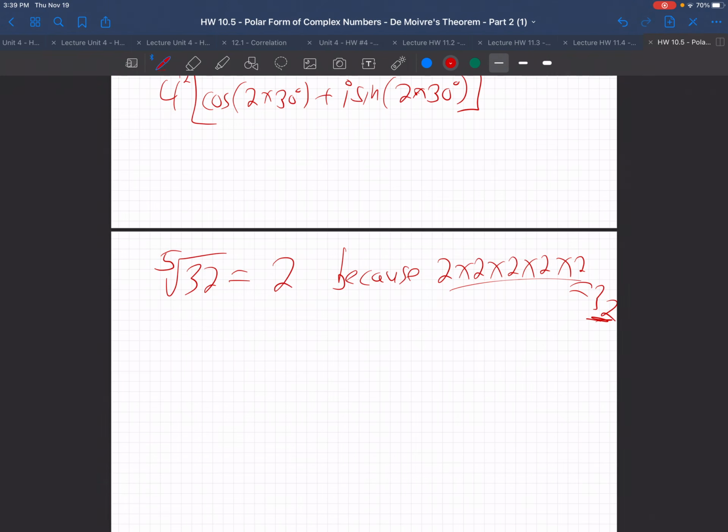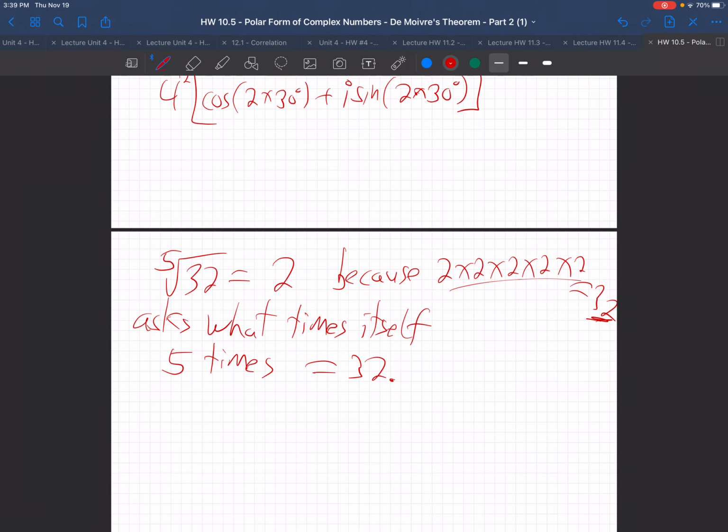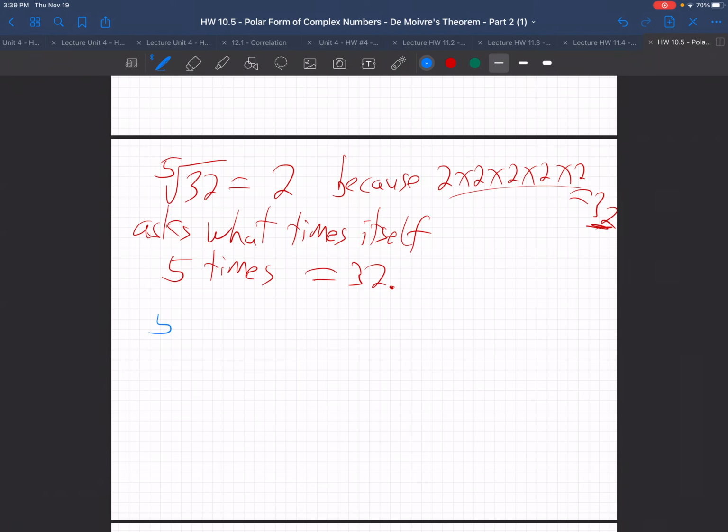A fifth root asks what times itself 5 times equals 32. That's what a fifth root does. It asks that question. So when they give us these questions and they say, what's the fifth root of some big complex number like 32 cosine of 100 degrees plus i sine of 100 degrees,